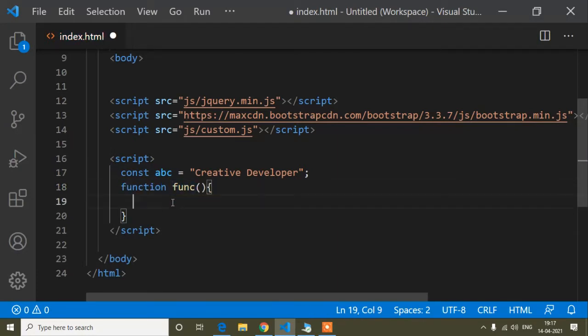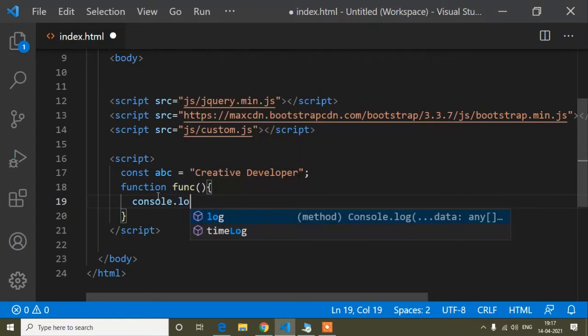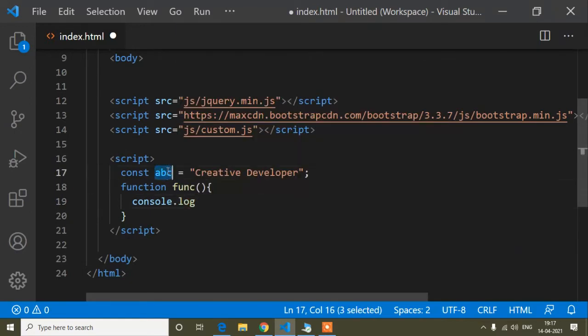And now guys, this variable is now called a global variable because I defined it outside this function. When we define a variable outside a function, that's called a global variable. So we use the const keyword for defining variables globally most of the time. So guys, now let's see whether I can reassign the value of ABC when I define it globally. Let's check whether I can do that or not.